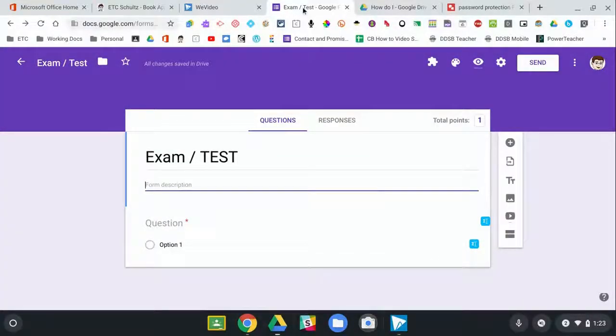Okay, so today we want to take a look at how to put password protection on your Google form. It's a process called response validation. So if we have an exam or a test here, we'll create a question that's going to require a very specific response in order for the person to proceed to the next